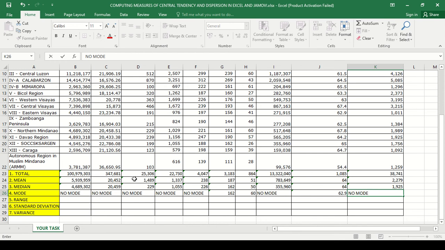So that's it guys for the central tendency. We have already computed the mean, median, and the mode. Now let's proceed to the range, or let's proceed with the dispersion measurements. So it's the range, standard deviation, and the variance. Okay, so gagawin natin is type equal, and then